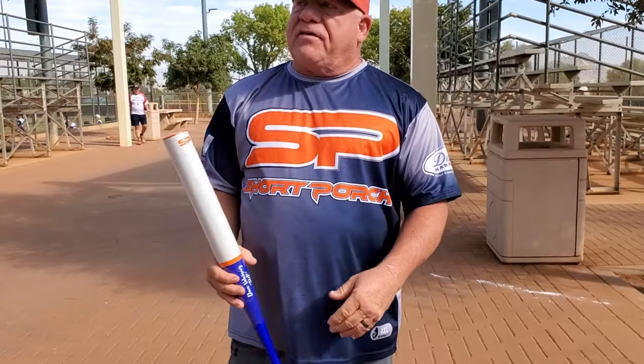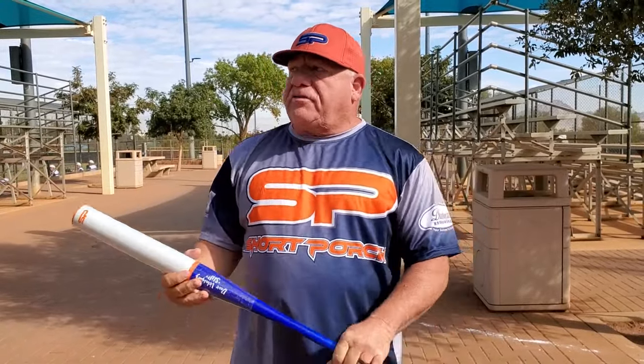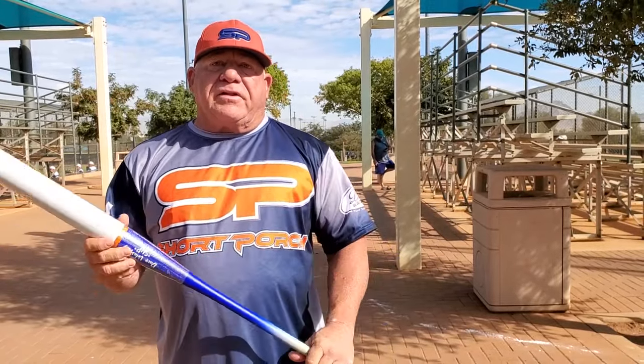I learned that in the '70s by reading books on a handle or tape. If you got that big old handle, you can't generate enough bat speed. That's almost like having a golf club. You know how thin that is? You can actually whack and get it through too. But every handle needs flex. That's another thing too. If you got tape all the way up to here, you're restricting the performance of the